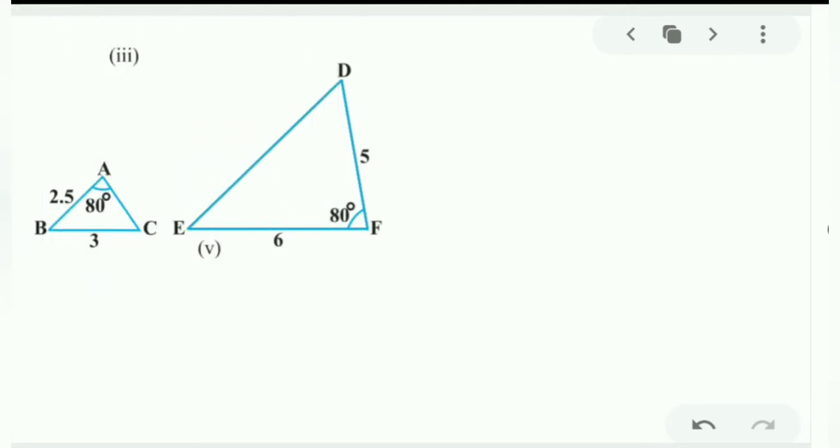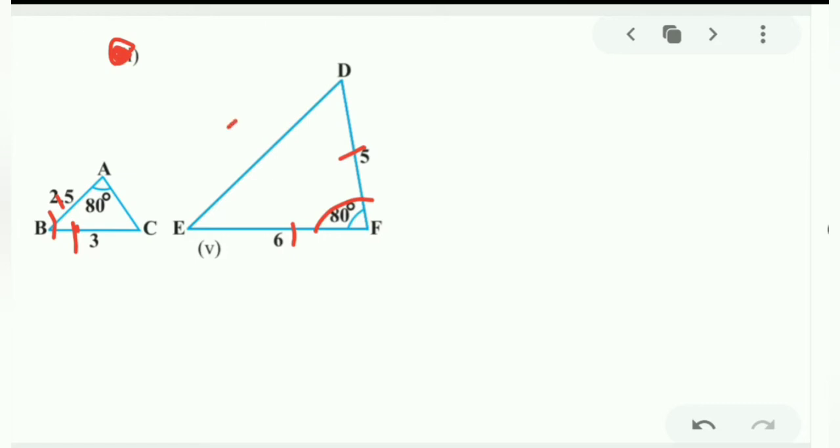Now, it is question number 5. Here if we turn the figure and take the ratio, do we get that these two triangles are similar? We will say no. Why? Because here two sides are given, and the angle in between, 80, is given. But here these two sides are given, but angle B is not 80. So no other criteria we can use, because a side is not given.